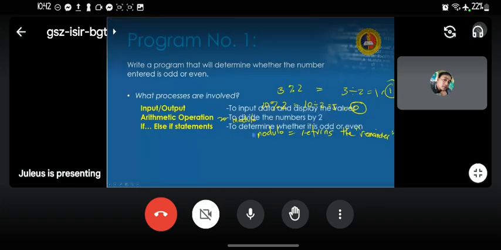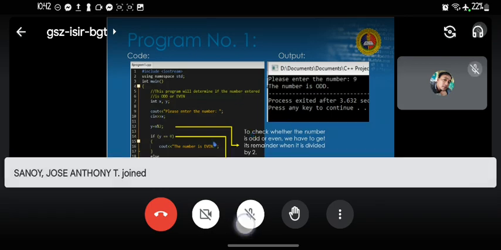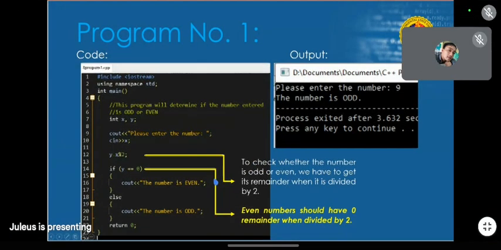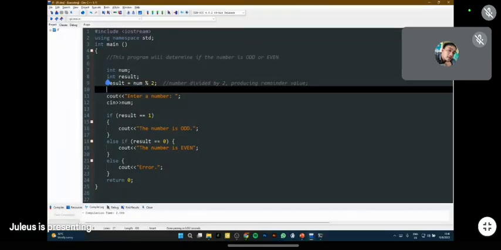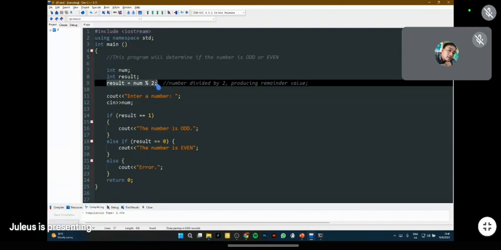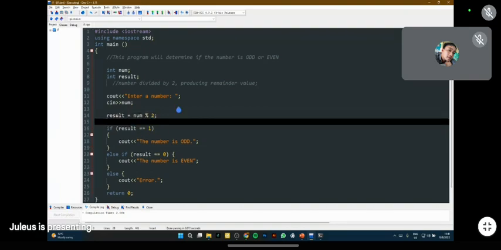Okay, let's try a smaller number, sir. I think that let's try to move this down. Let's move it after we enter the number. Let's save that, num result.